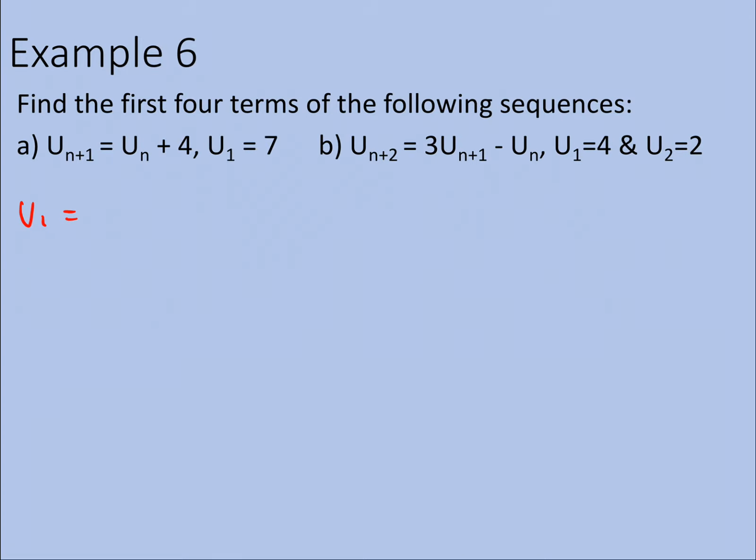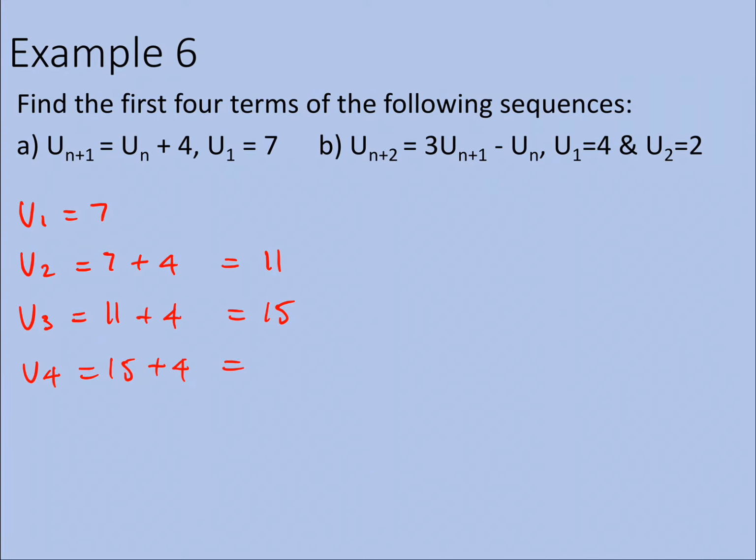So if u1 is 7, then u2 is just that term, add 4, which will be 11. u3 will be 11, add 4, which is 15. And u4 will be 15, add 4, which is 19. It's that simple. Okay. Sometimes we have a sequence, like in example B, where it doesn't just work off the